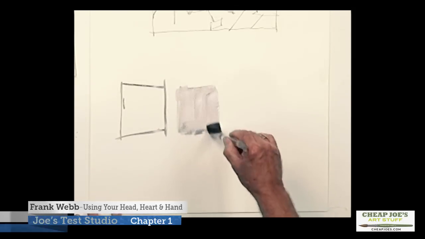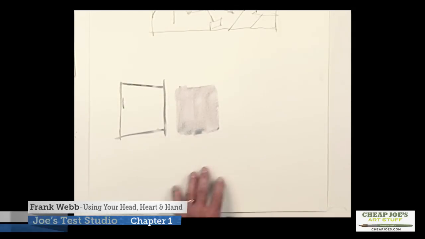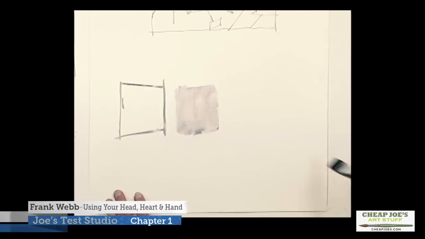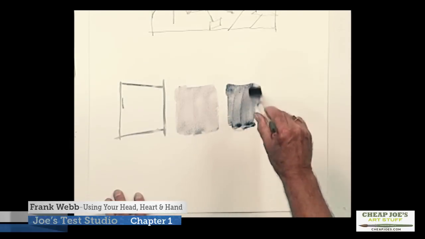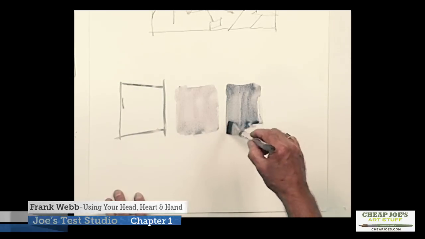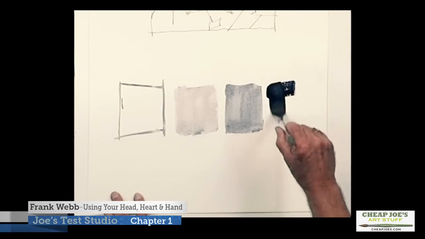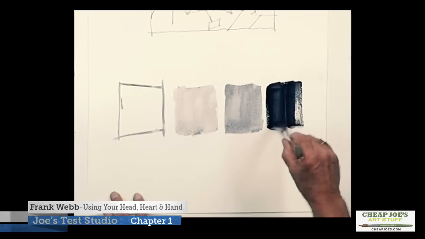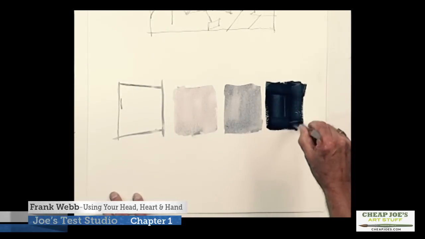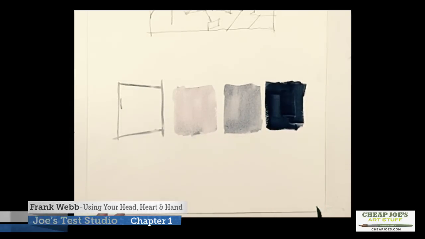There we have that. And then next to that, I'm going to have dark mid value. And then I'll end up, of course, can you guess? Sure, you can guess, with black. 4 values. Now, with these 4 values, we can keep our work simple and contrasty, and our shapes will be rendered visible. And without value contrast, you don't have much. You just have mush. You just have color. So these values are so important